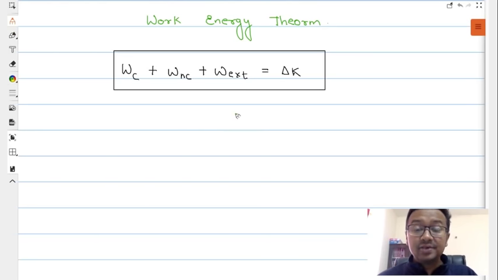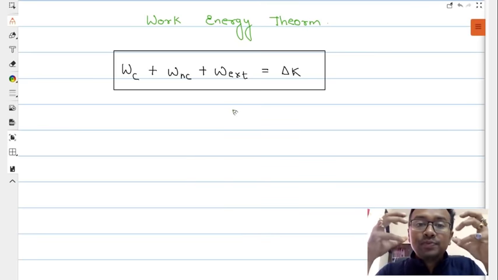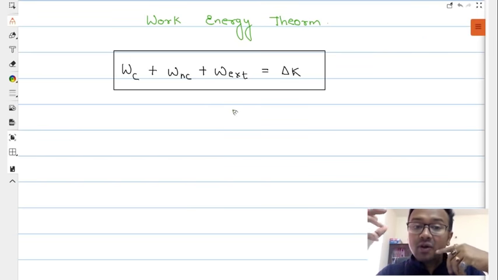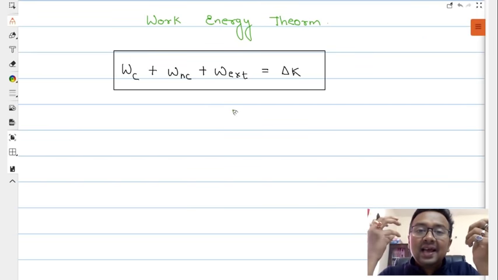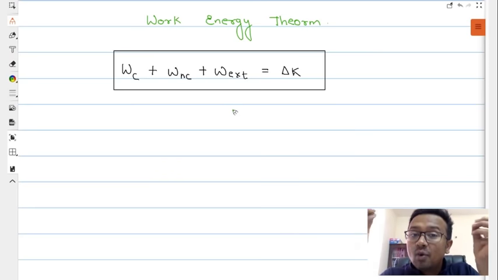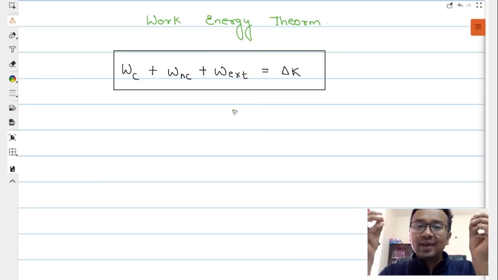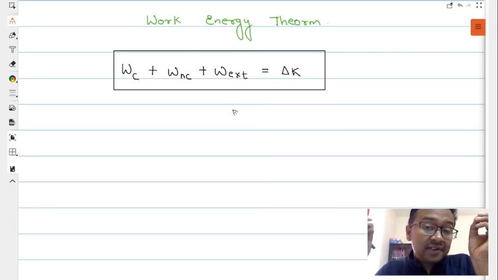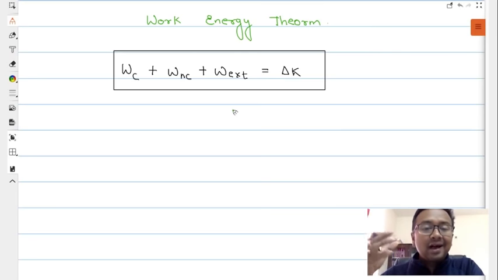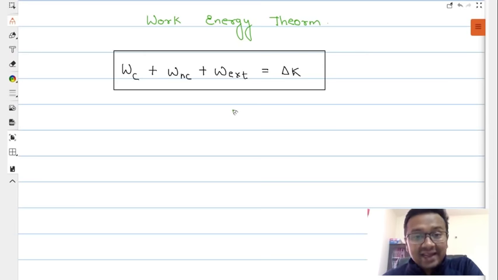If, my dear students, the observer, now let me tell you first of all, work and energy, these two physical quantities are reference frame dependent. So in case the observer is present in a non-inertial reference frame, then along with conservative, non-conservative, and external force, we would be applying a pseudo force to our system. Now, in that case, the work energy theorem,